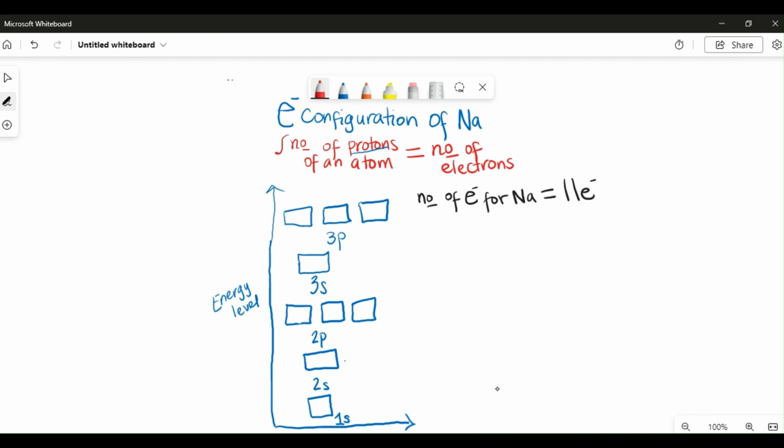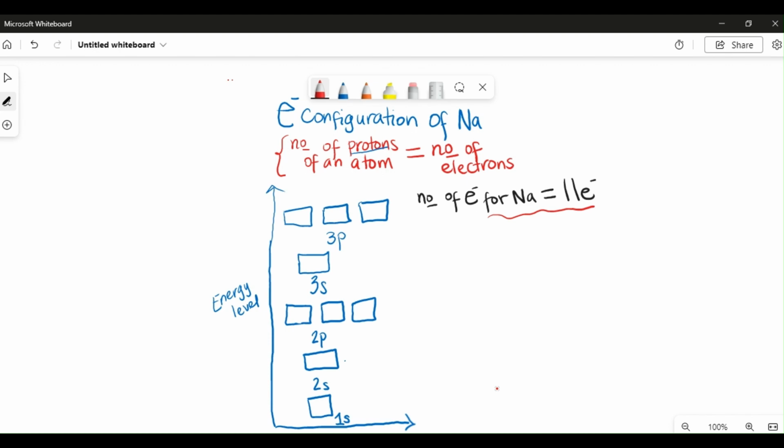The number of electrons in an atom always equals the number of protons in the atom. And the number of protons in the atom is the same thing as the atomic number of the atom. So for atoms, the protons, the atomic number, and the number of electrons have the same value. So the atomic number of sodium is 11, hence the number of electrons of sodium is 11 electrons. So when we do this,